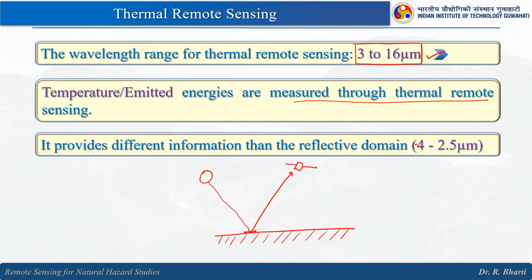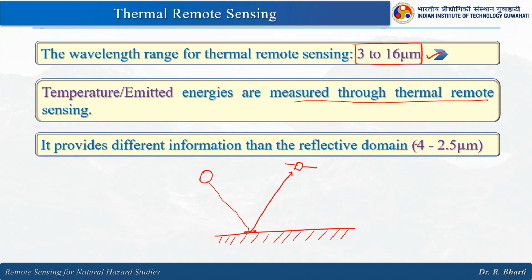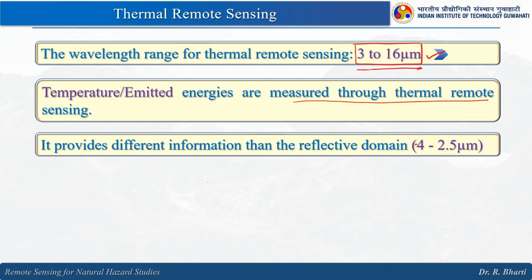It can be considered as a thumb rule that the depth of penetration of any energy is equal to its wavelength. So, if you see here, this is giving you the superficial information, this 400 to 2500 nanometer, right. And when we talk about thermal remote sensing, where the wavelength is 3 to 16 micrometer, the depth of penetration will be 3 to 16 micrometer, but no, you can't apply the same logic here, because what happens when